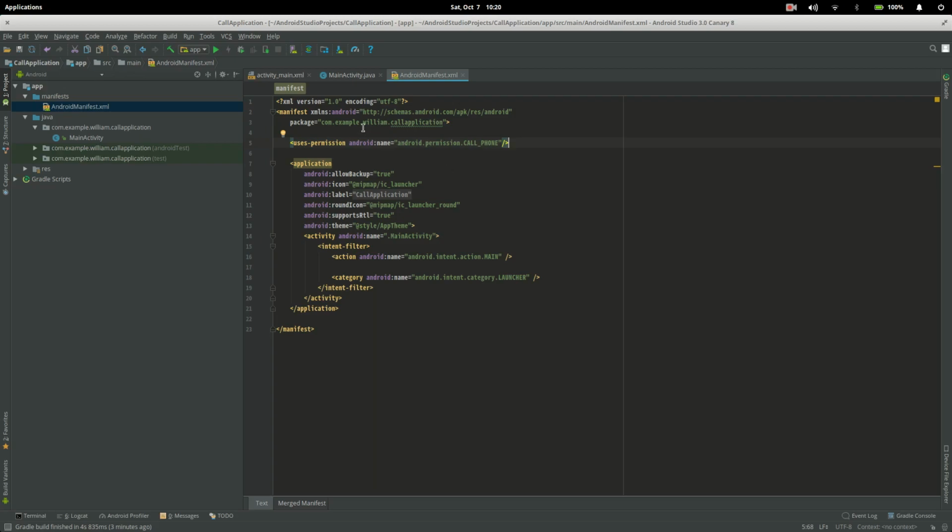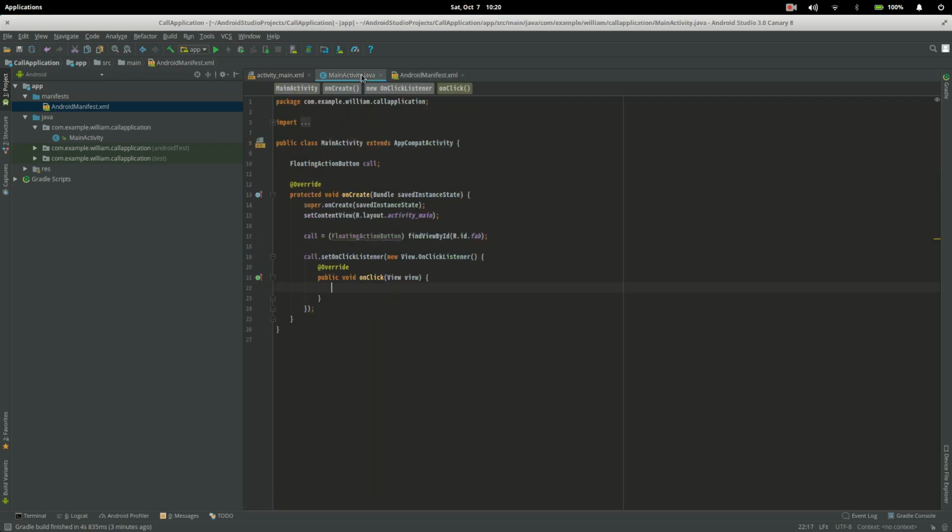So now we're going to come back to our MainActivity.java. To begin this phone call intent, or whatever you want to call it, we're going to begin by saying final int. I'm going to call it REQUEST_PHONE_CALL, and we're going to make that integer equal the number 1. Now under it, we're going to create an intent, and the intent here is going to be called